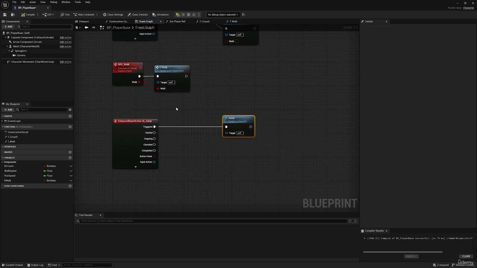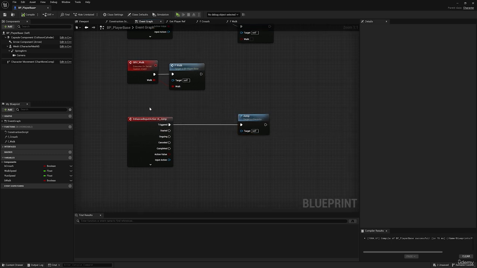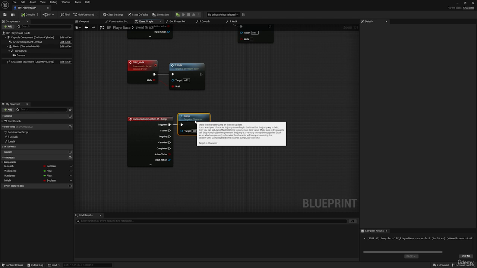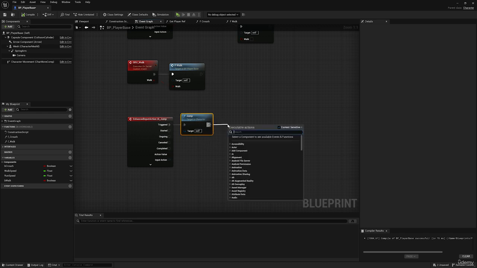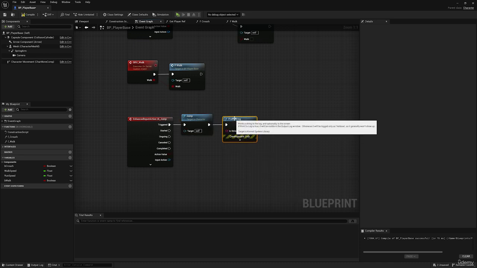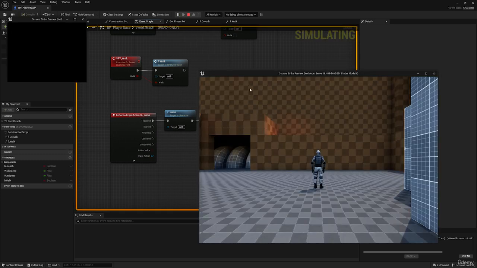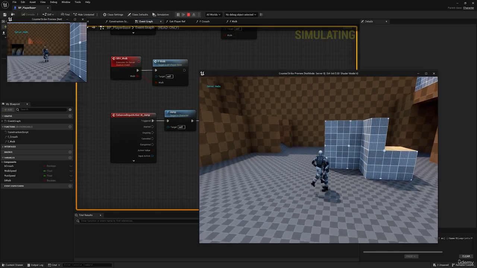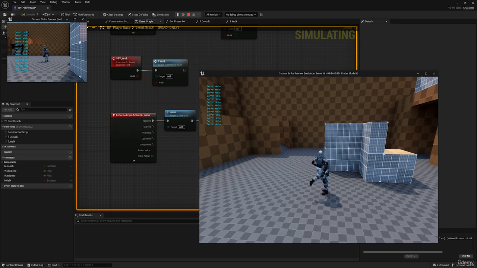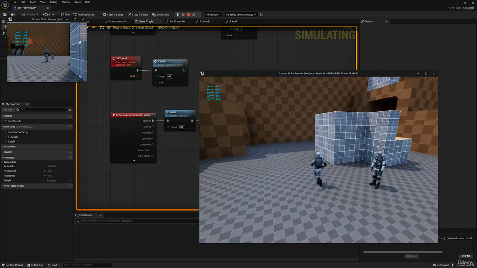However, just before we do this, I just want to make sure that the player can't spam the jump button when they are already in the jump. Because you can see here, if I drag from here and write print string, and it's always nice to use a print string to debug, we can compile and click on play. You can see if I just spam my space button, I can spam the jump